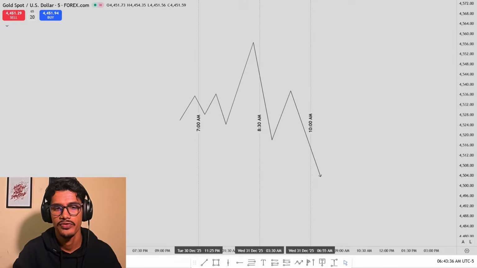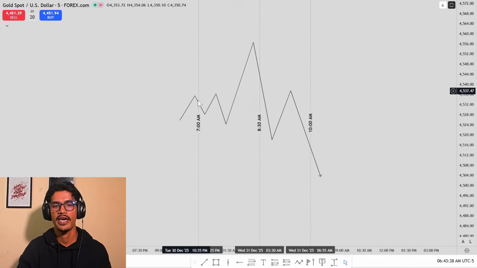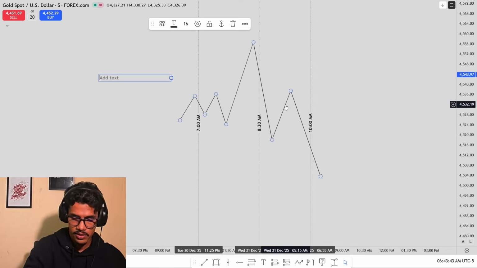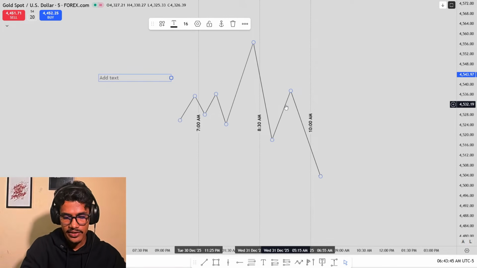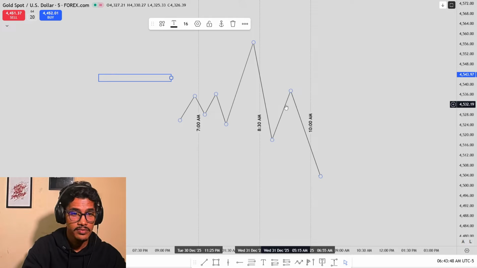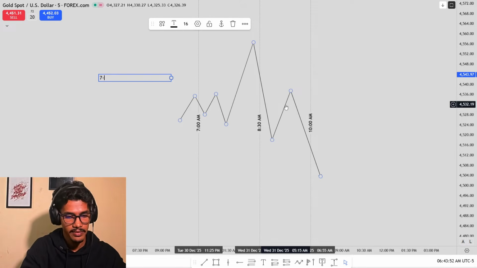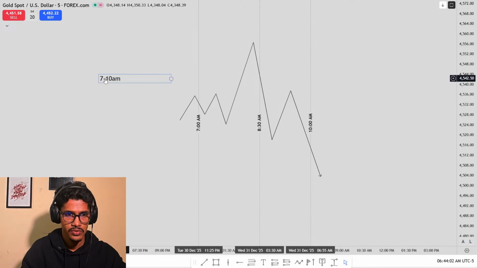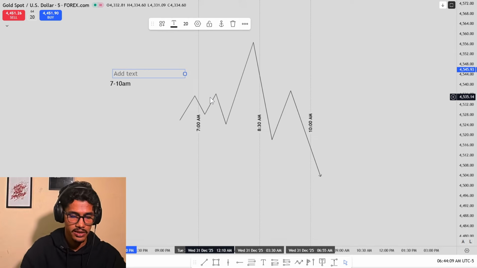All right, let's do the diagram first. So we have this diagram here. Now, for this particular strategy, you only need to be using the New York session, 7 a.m. to 10 a.m. I'd say. So this strategy requires you to trade between 7 a.m. and 10 a.m. That's our time window, where we're going to be looking for our